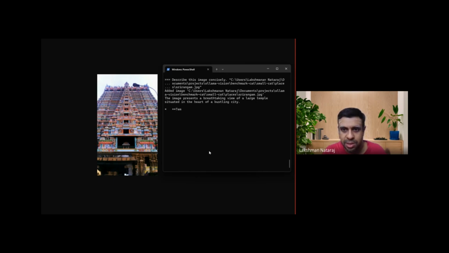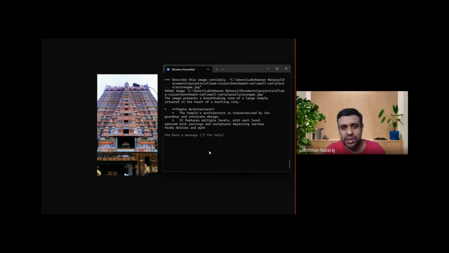bustling city. Temple architecture. The temple's architecture is characterized by its grandeur and intricate design. It features multiple levels, with each level adorned with carvings and sculptures depicting various Hindu deities. This is absolutely amazing. I just passed this photo and it's able to give such an amazing description of this